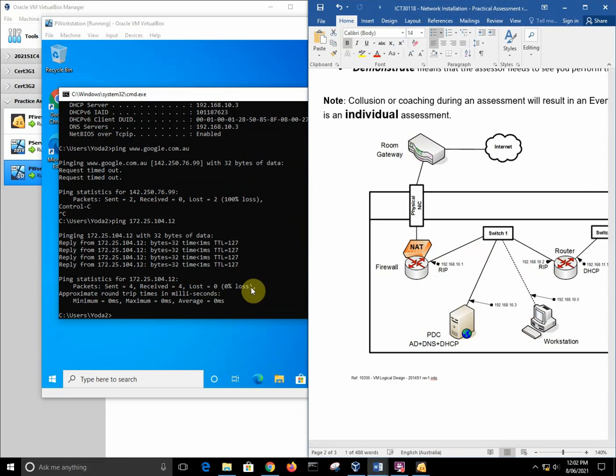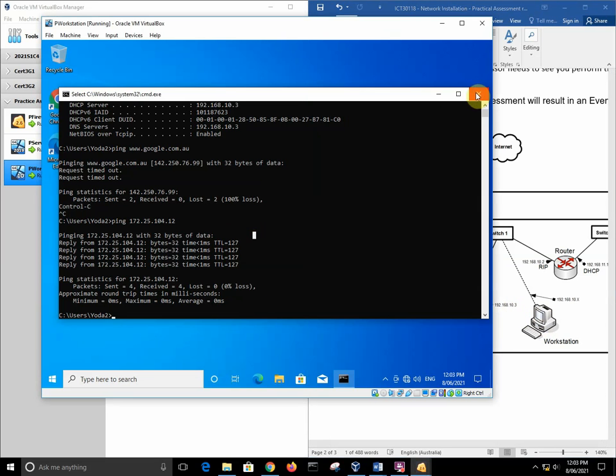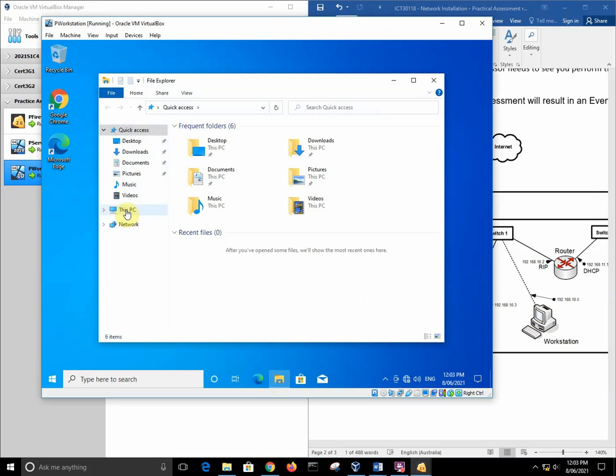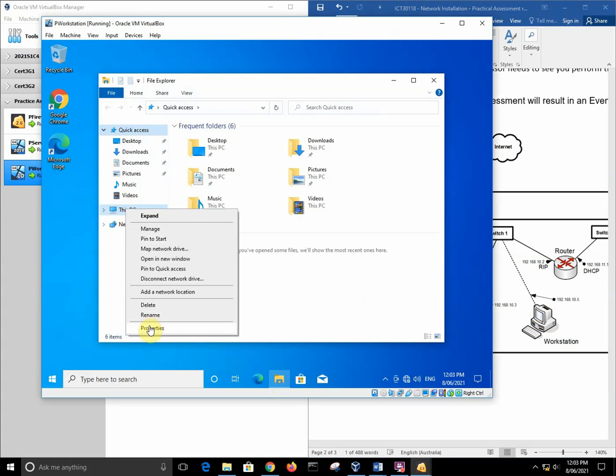Okay, 104.12. So if that's all the case, we've got all the firewalls turned off in our PDC. This thing should be able to join the domain. The latest version of Windows 10 hides things in a different place to what I was used to. So if I do a right mouse click on This PC and go down to Properties,